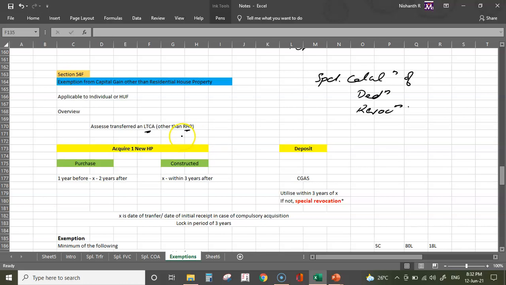Because if the assessee sells a residential house property and buys a residential house property, it will be section 54, right? But then if the assessee sells any other long-term capital asset, say the assessee sells a long-term capital asset being a plot of land and buys a residential house property out of its proceeds, it will be section 54F that is applicable. Now here, assessee can get a new house property or deposit it, acquiring the same rule as section 54. Purchasing time frame of 1 year before to 2 years after. Construction time frame of within 3 years after. Alright. Deposit can be made in the central government capital gain deposit account scheme, and the utilization period is 3